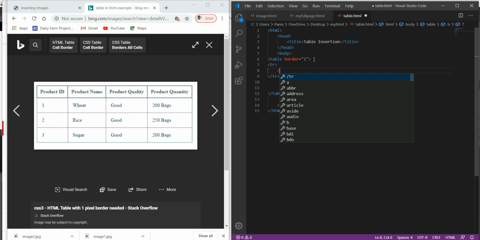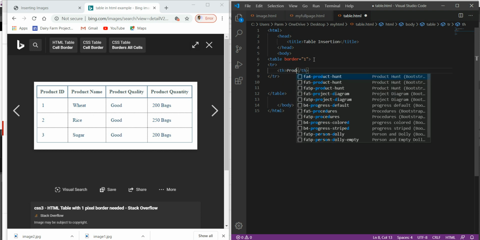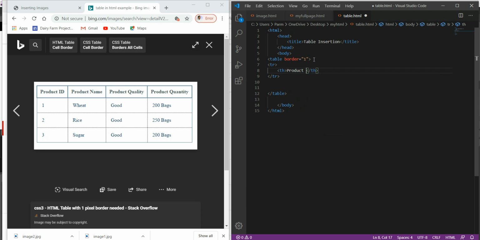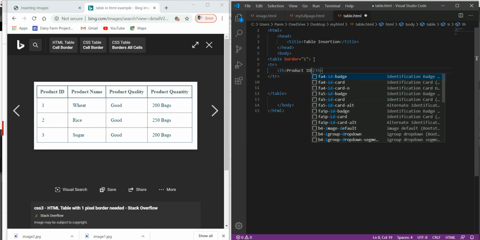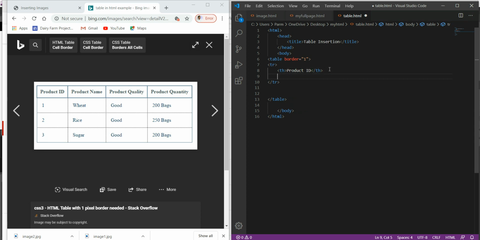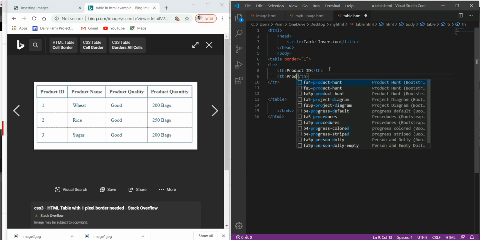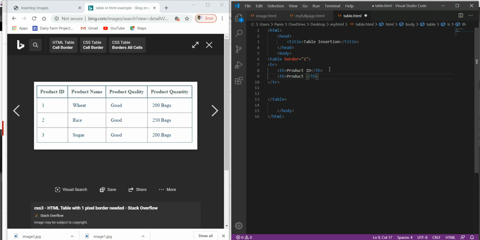So we go with the first row. This is the head of the table, so we use the th element over here, and here we give the value product ID. There is another table head, and here we give the value product name.